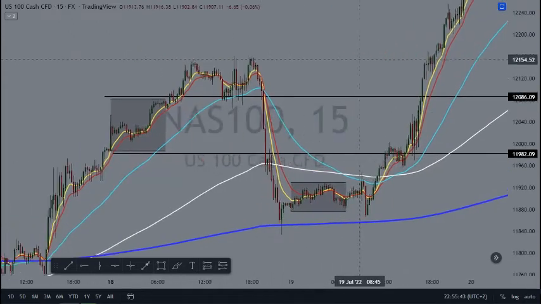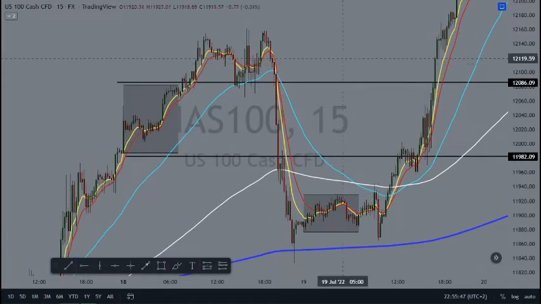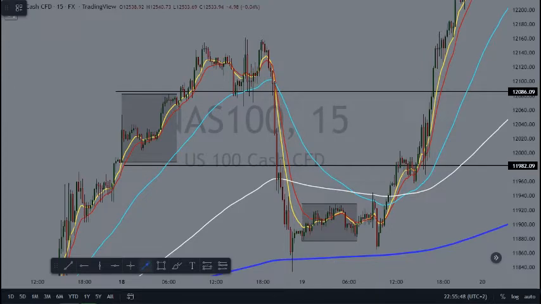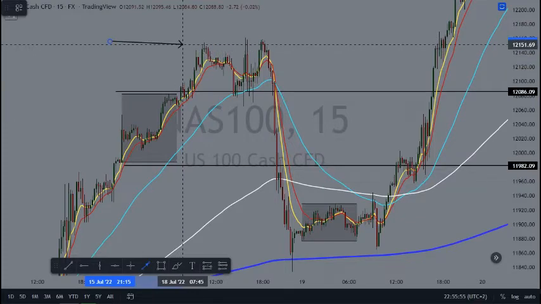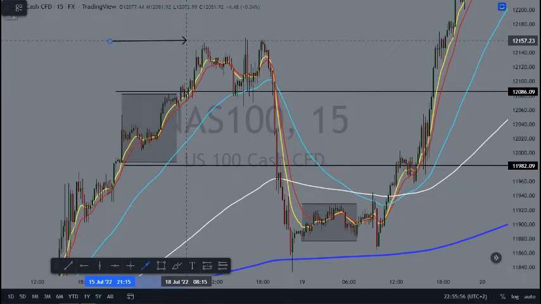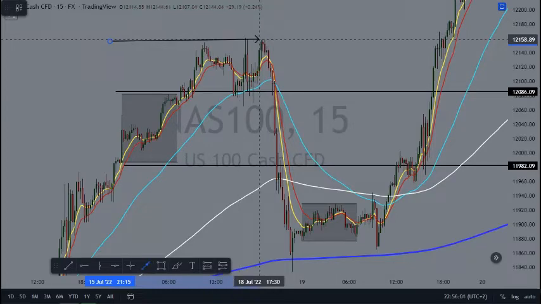You can see this is a very nice, beautiful setup. You can see the market was in the Asian range, and then from there on we got a stop hunt high. The market gave me the first leg, and then a second leg, and then a third leg. So I also want to tell you that whenever we're in a stop hunt zone, 25 to 50 pips above or below the Asian range,